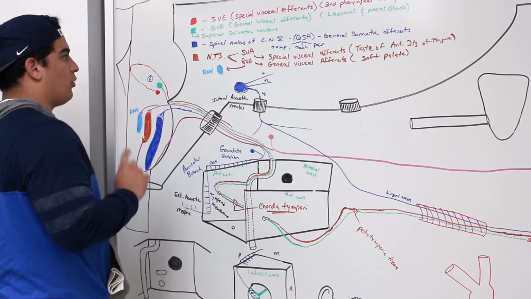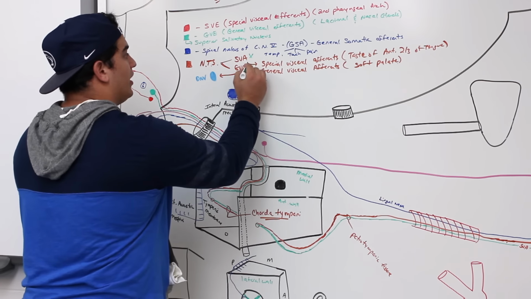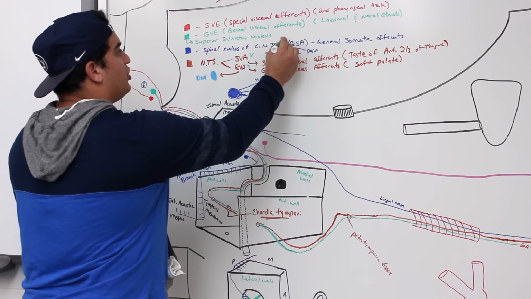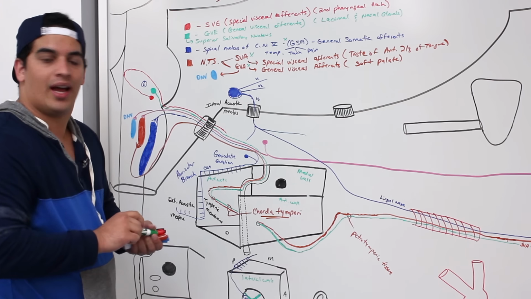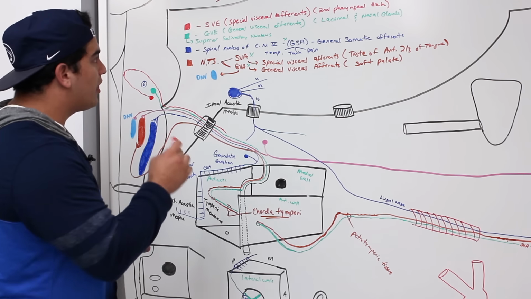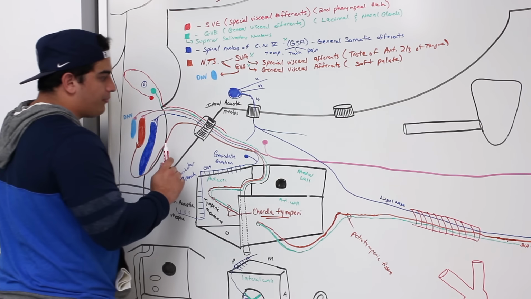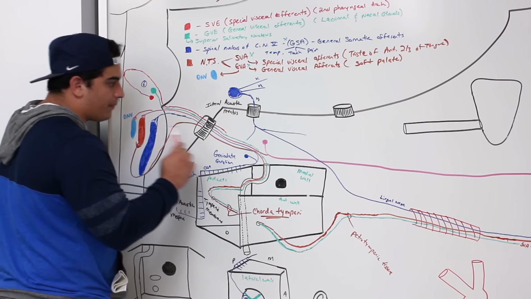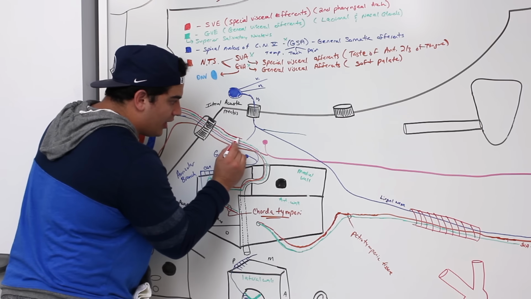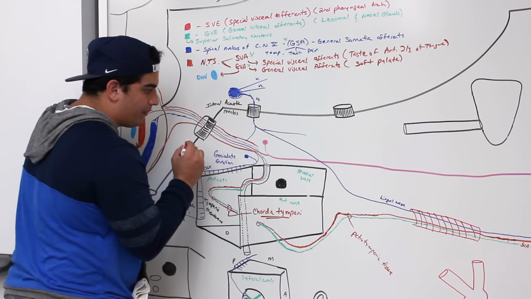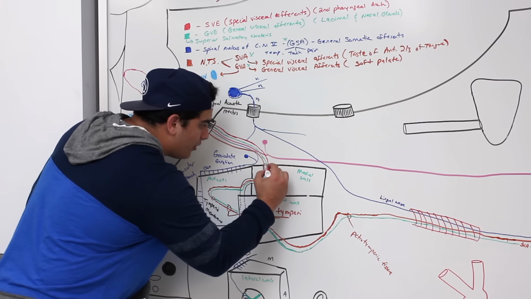let's keep going. So what have we done so far? We've covered these guys. We did the SVA fibers, we did the GVA fibers, we did the GSA fibers. Let's do the SVE fibers because they're pretty easy. So now we're going to do special visceral efferent fibers. Now again, it'll come out through the internal acoustic meatus. Then these red fibers, as they go through the internal acoustic meatus, come out here, and they'll go into this facial canal. They'll go through the facial canal,